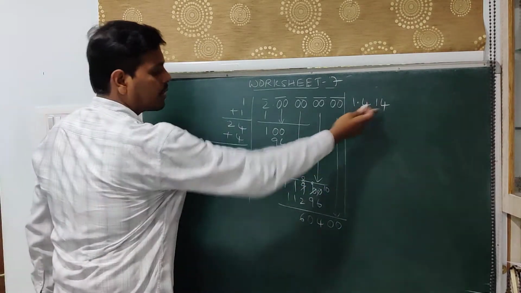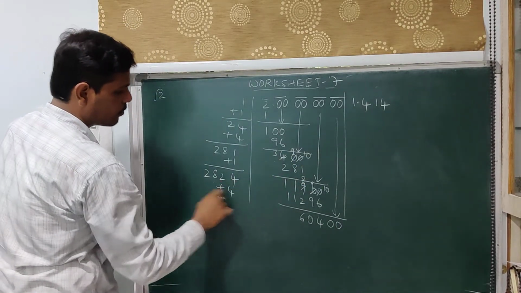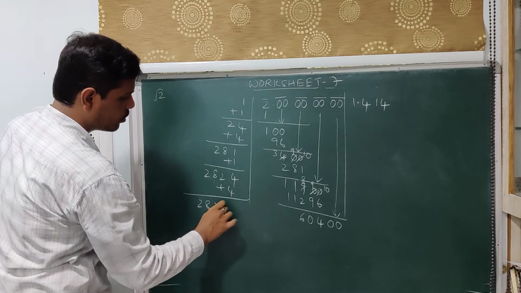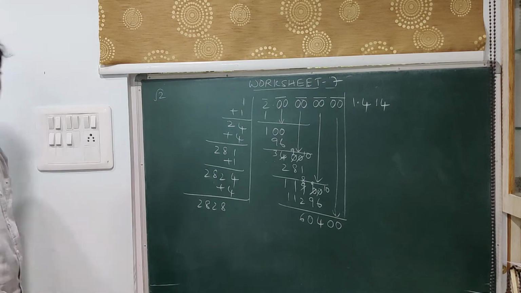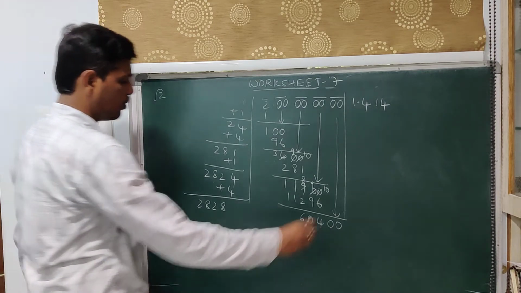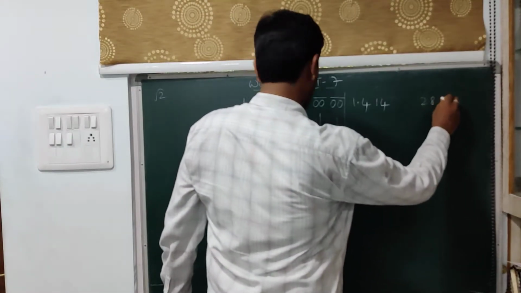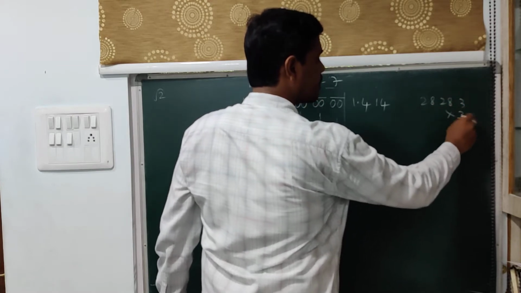Now whatever number you have written, add upon the same, plus 4, so what do you get? 282, 4 plus 4 is 8. So whatever number you place here, you multiply with the same number. So if I go with some 3 here, I will be multiplying with 3.